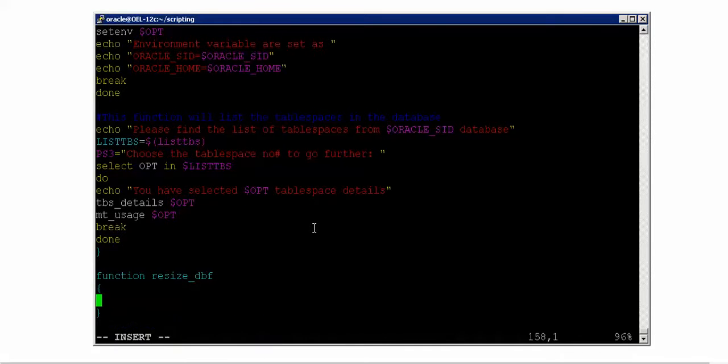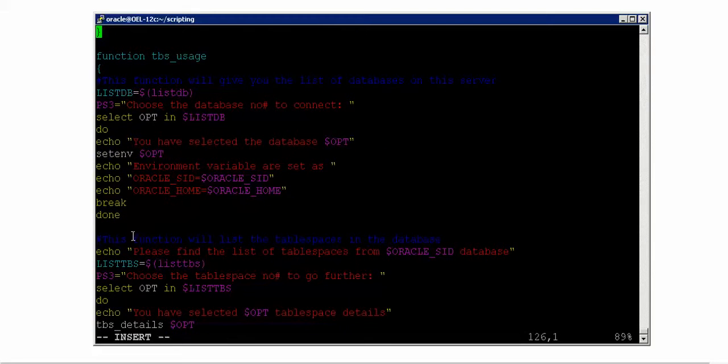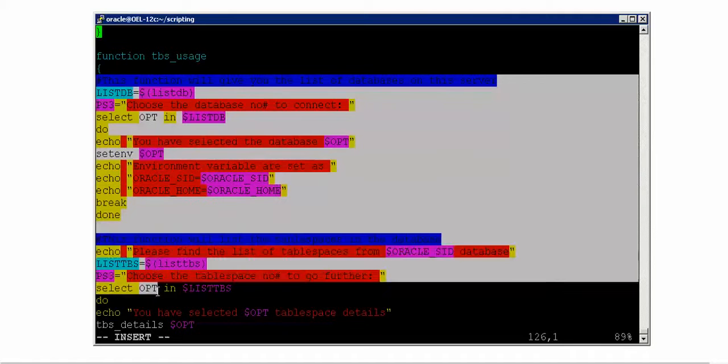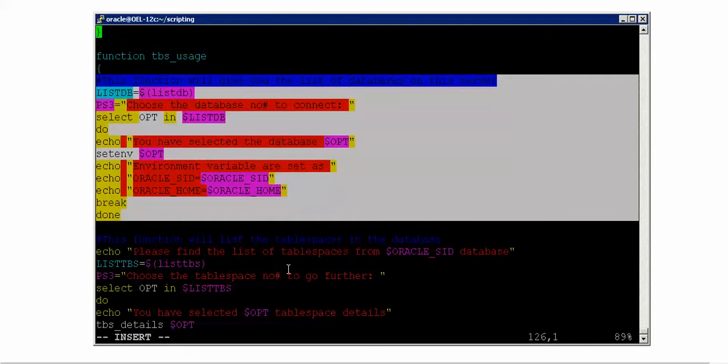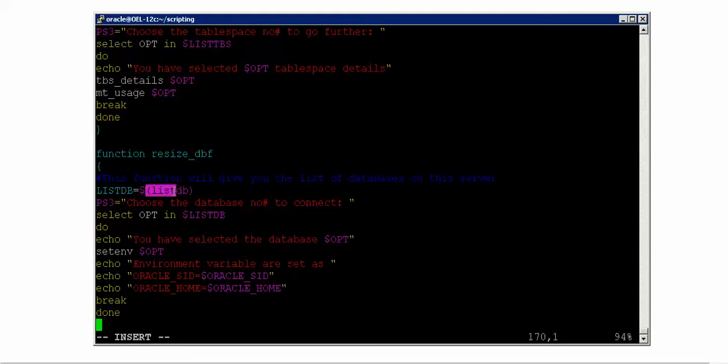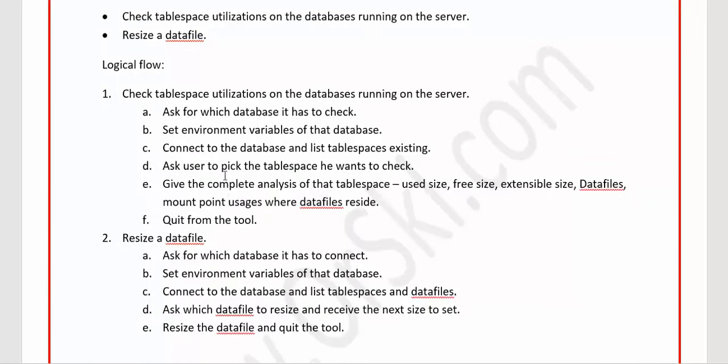Now to resize the DBFs, what does it have to do? It has to set the environment variables, everything is the same, right? So what I'm doing is simply copy pasting everything from here until list table space also. Because you have to select the table space list, everything else is also the same. The job I have done so far is the same until here for sure. That's the beauty of writing functions, so that you can recall them again and again wherever you want. You are listing the databases, setting up the environment variables, there is no change. What is the next thing? You are asking the user and listing the table spaces and data files.